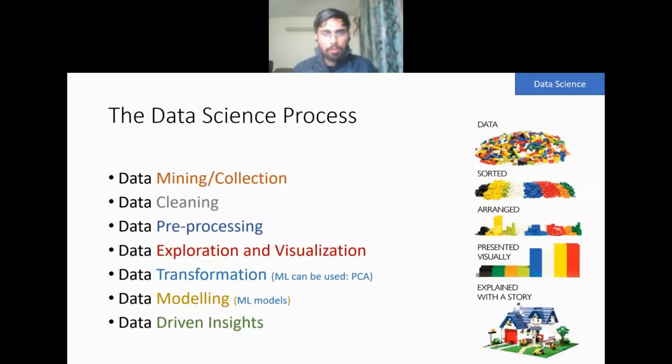But an unstructured format might look like comma separated values, single sentences without any tab breaks or without any other breaks. Sentences which include a lot of data. So that is unstructured data. This is data mining and collection. And one way to do this is web scraping. Web scraping essentially means that you are scraping data from some website, from Twitter, say for example, right? You are scraping data from that.